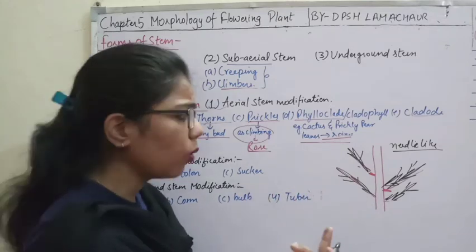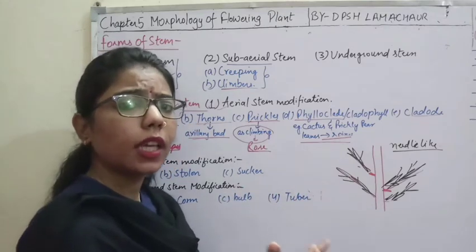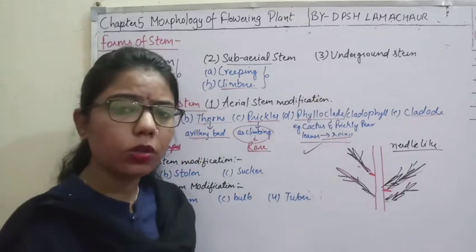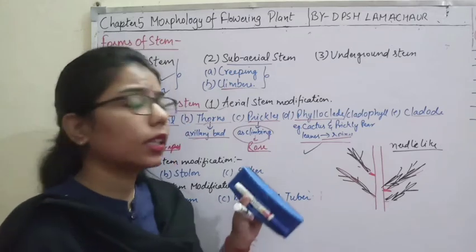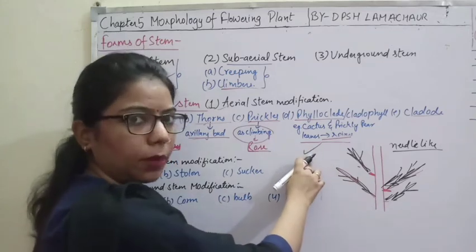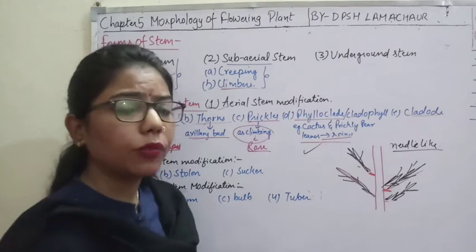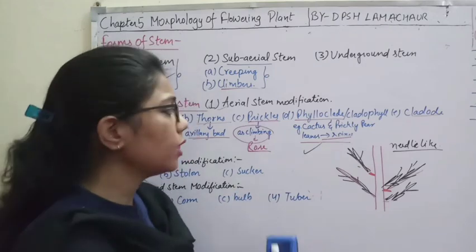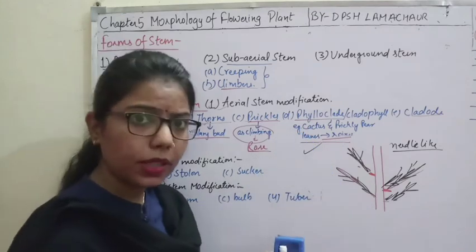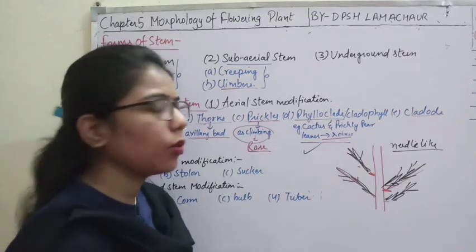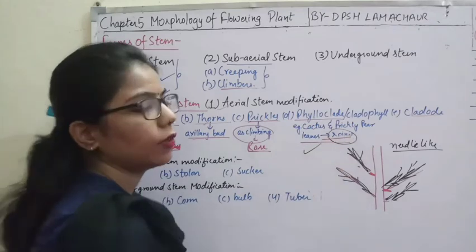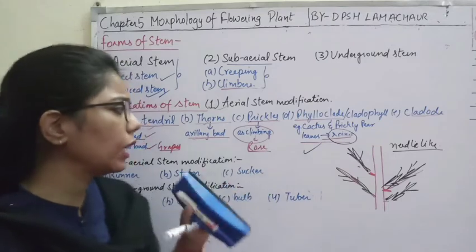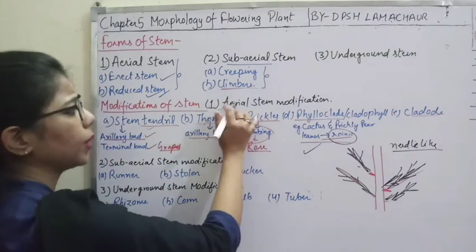Transpiration rate will be low. Okay, the more the surface area, the more the transpiration. Same in the case of this phylloclade also. These things are present in xerophytic plants, where we have to control the loss of water. That's why leaves are not present, and if leaves were there, there would be more transpiration. Therefore spines are present in xerophytic plants. Clear? That is all about the aerial stem.